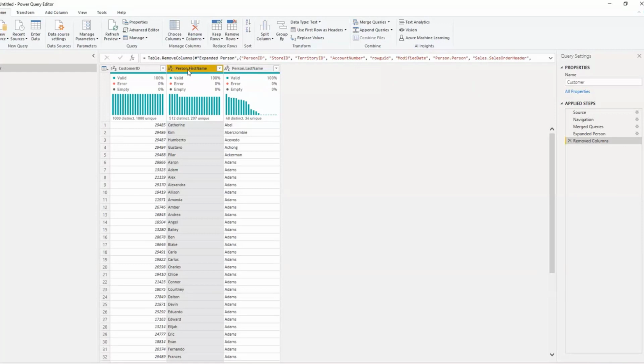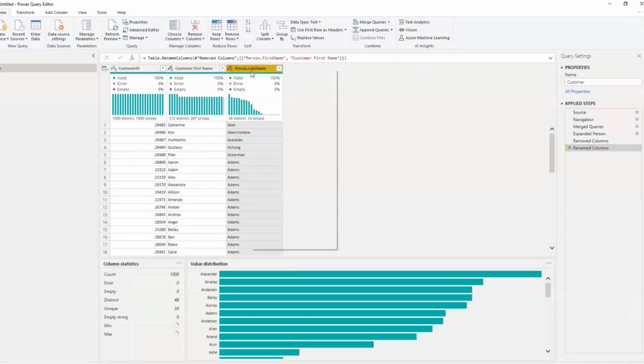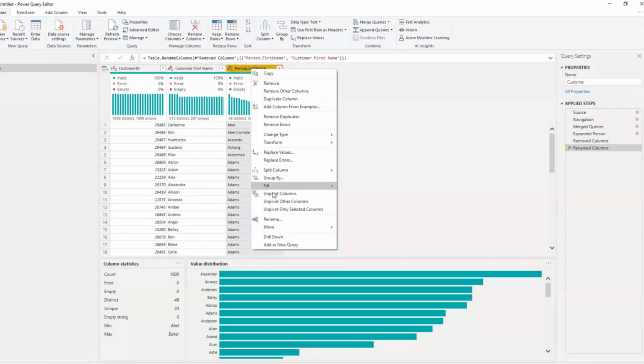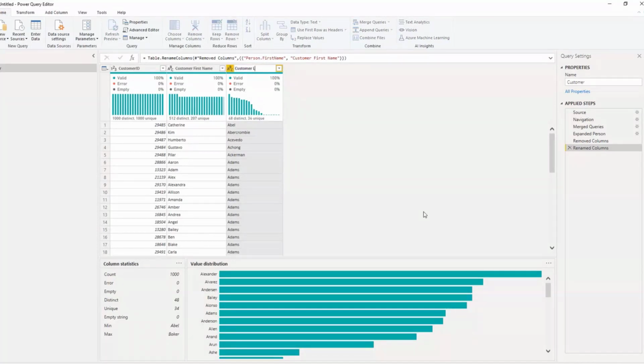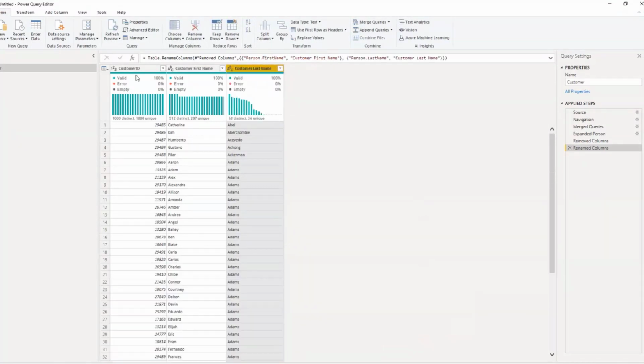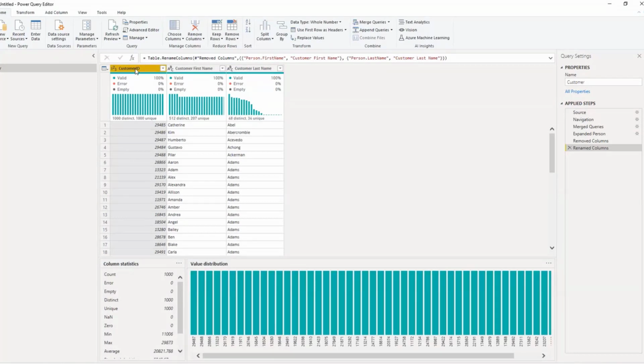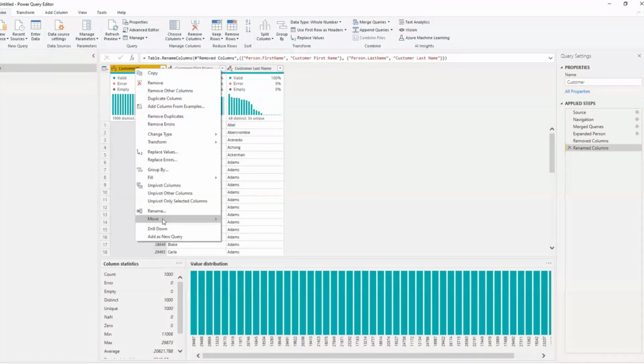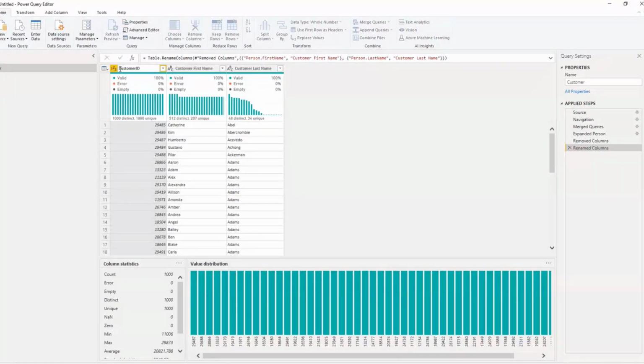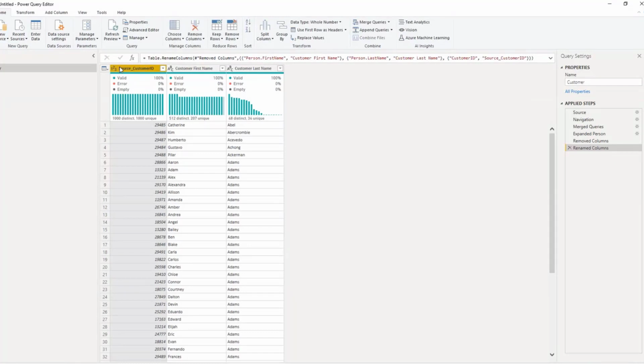First thing you need to do is rename the columns because it looks bad for data modeling. So customer first name and customer last name, and source customer ID. Since the source customer ID is coming as a primary key from source, I will not be using it, because this is a business key that we get from source that is used in transactional processing, for the transactional DB.